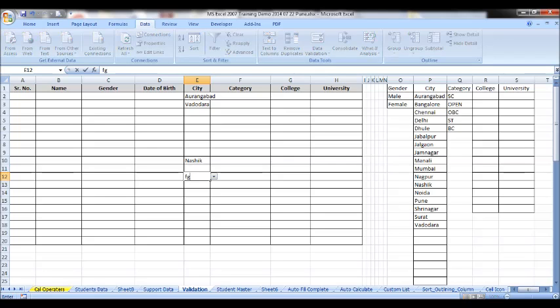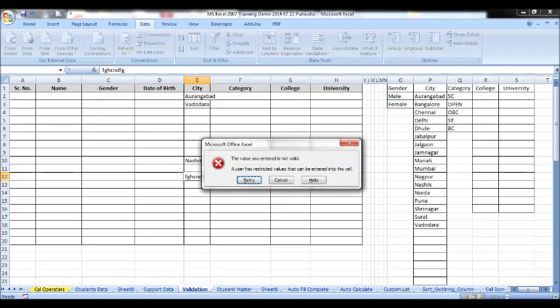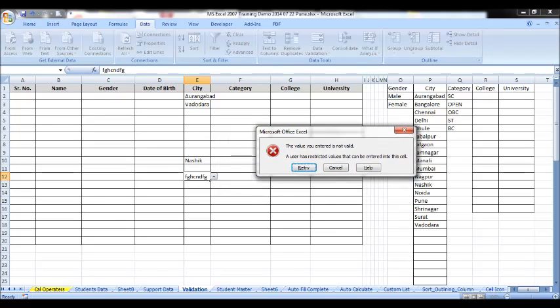Here I want to enter any random city, and if I press enter, it will pop up with a default error message from Microsoft Excel. The value you entered is not valid. A user has restricted values that can be entered into these cells.